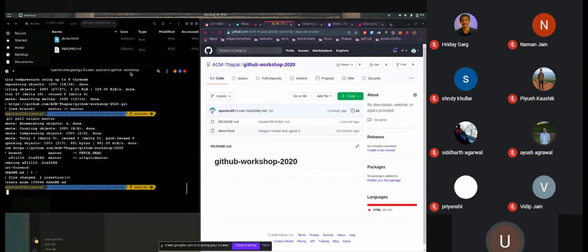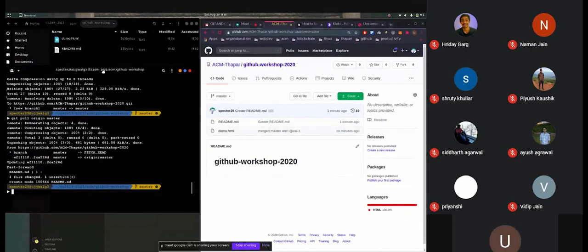Like I and Siddharth were working on this project, and I added this demo.html file, and later on Siddharth pushed the README file to GitHub. So I don't have that README file. Today I was assigned a task to add a navbar to the HTML file. So before I start coding, first I will pull all the changes that Siddharth has made before I make the new modifications. So this is how we collaborate on GitHub. Even people sitting in other countries can collaborate.